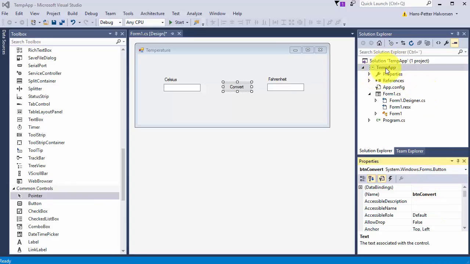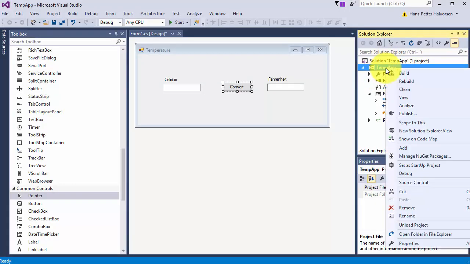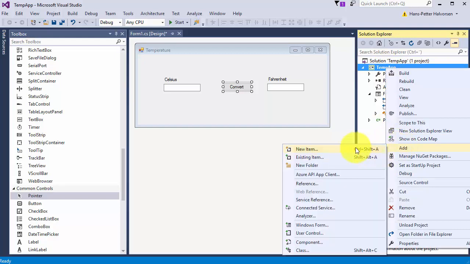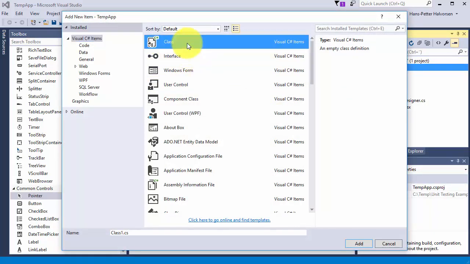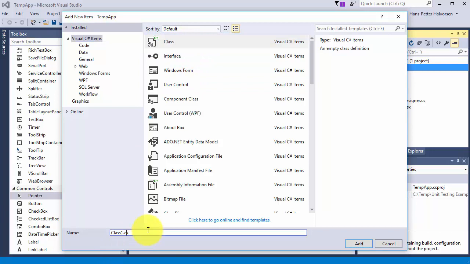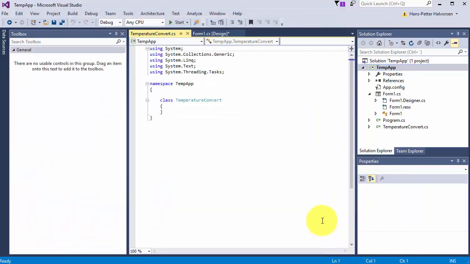So we create a new class within our project, add new item, and then we select class, and then we need to enter a proper name. I can call it temperature convert, like this. Click OK, add, and then we can start entering the code